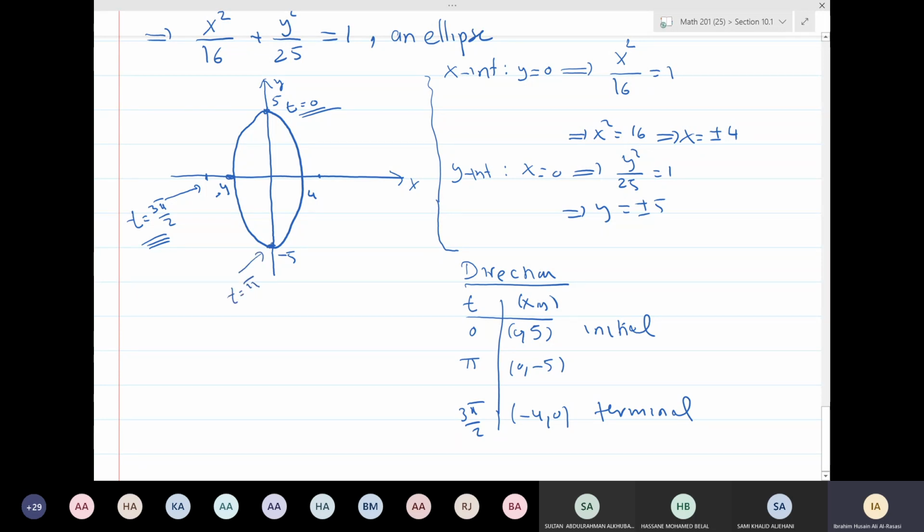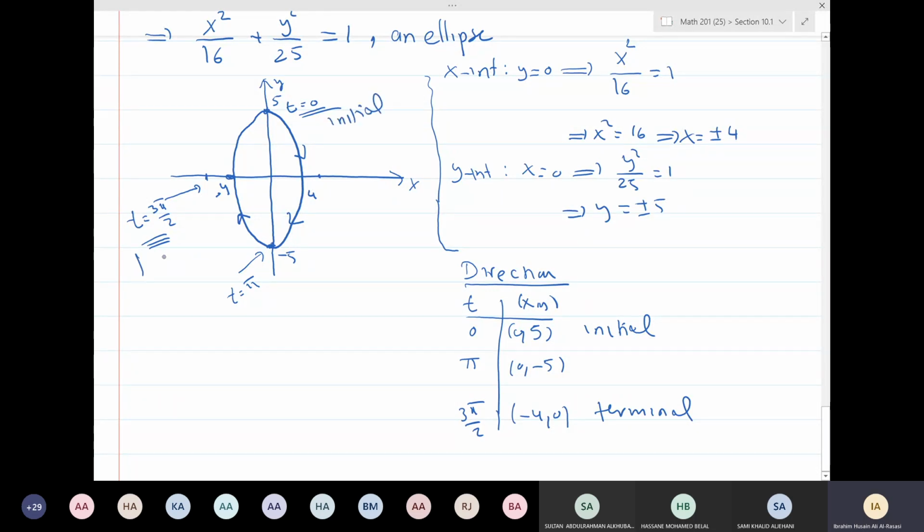So what is the direction? Clockwise or counterclockwise? Clockwise. You go in the increasing direction of t. t equal to 0, then t equals pi, then t equals 3 pi over 2. So you go this way as t increases. So this is the initial,